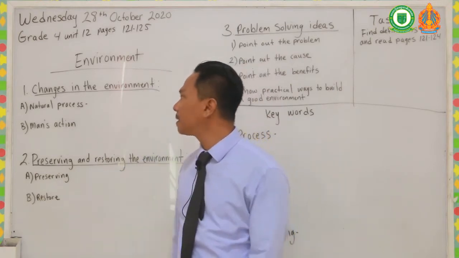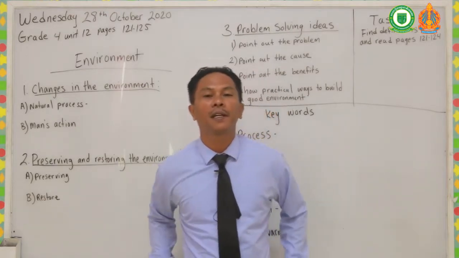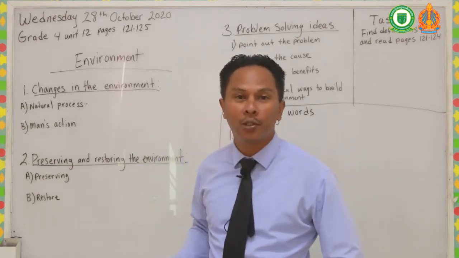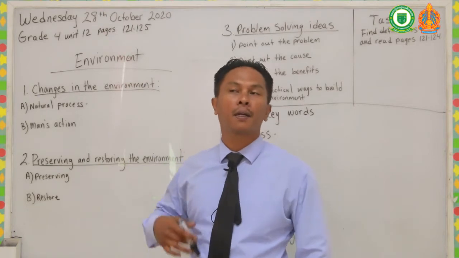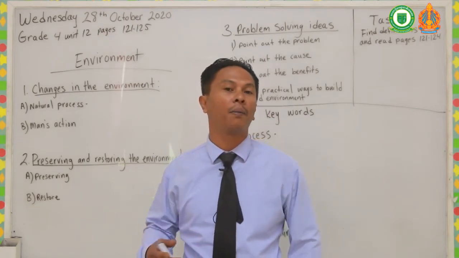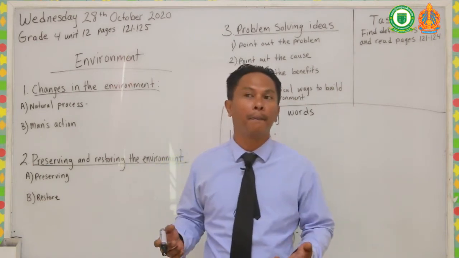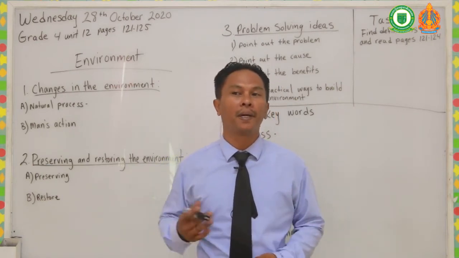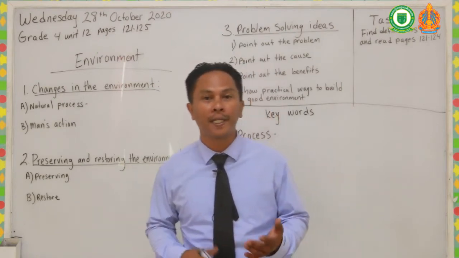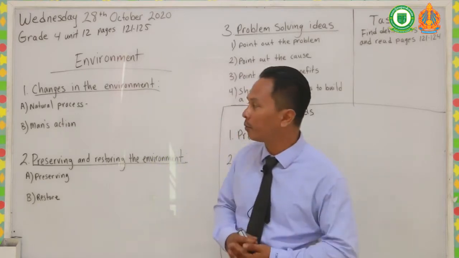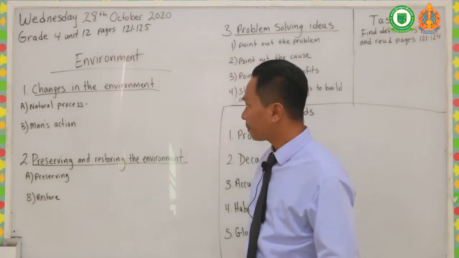So before we continue this, let's do a quick review on what we studied last week. Last week we studied about what? Natural resources, right? And natural resources are things that happen naturally that are beneficial to men. So in other words, things that humans cannot make, but at the same time we need them to survive, like air, water, trees, okay? So those are all natural resources. Okay, very good. So let's continue on to this lesson.